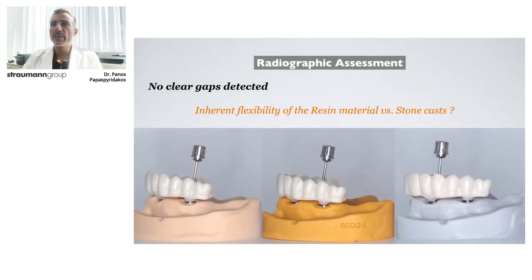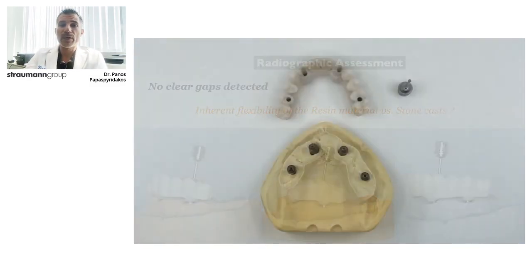And we performed the single screw test, the screw resistance test, and we took X-rays and assessed in the laboratory the fit of the prosthesis on the stone cast to see if this prosthesis fits on the stone cast. How accurate are three-dimensionally those casts? I'll show you how we did it